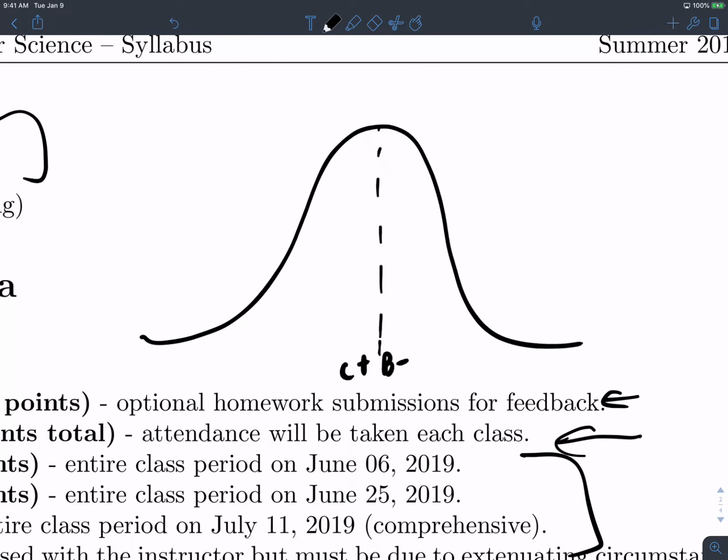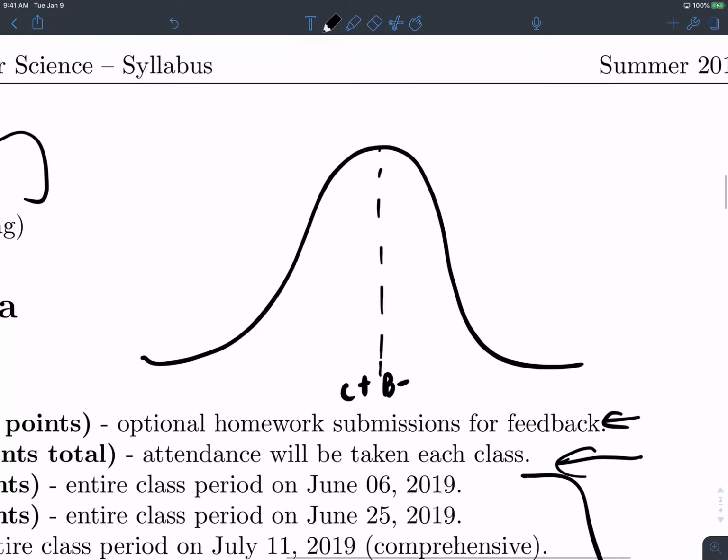Probably not. So what I try to do is look at the entire distribution and say, okay, where do you think is an A plus here? Where is an A here? Where is an A minus here? And I try to find natural breaks in the data. If two people are extremely close to each other, I'm probably not going to put a separator between them. But if there's a 2 or 3% gap between two groups of people, then I might put it there.